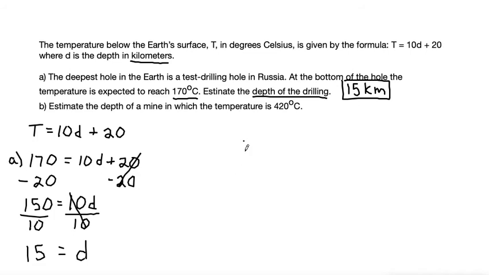Part B is a similar idea. It says to estimate the depth of a mine in which the temperature is 420 degrees Celsius. So again, they gave us our temperature in degrees Celsius, so we can plug it in directly. Makes 420,